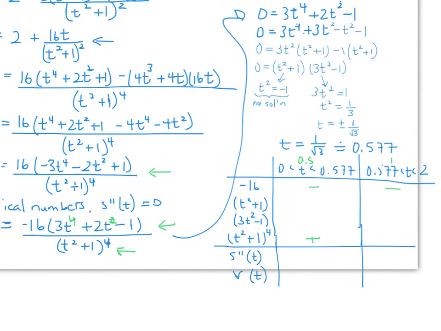Anytime I take something to the exponent of 4, that's going to be a positive. It's really just the two middle ones that I have to be concerned about. I believe this was negative here, and then this was a positive and a negative when you sub those things in. So overall, my first derivative of my velocity, which is the acceleration function, was negative in that first interval,